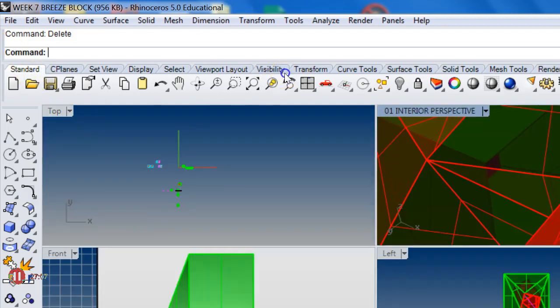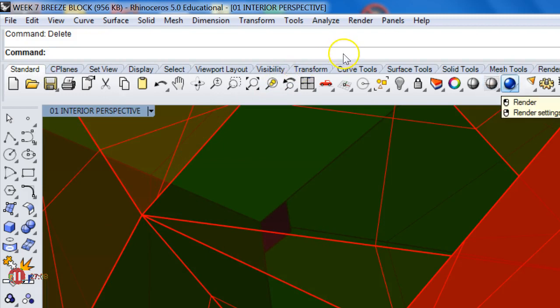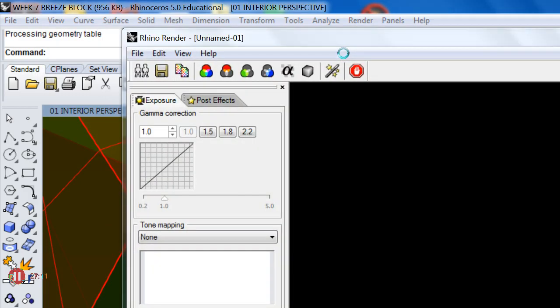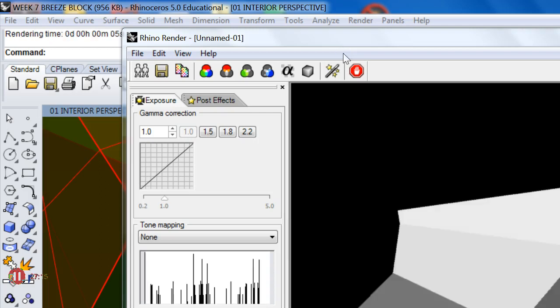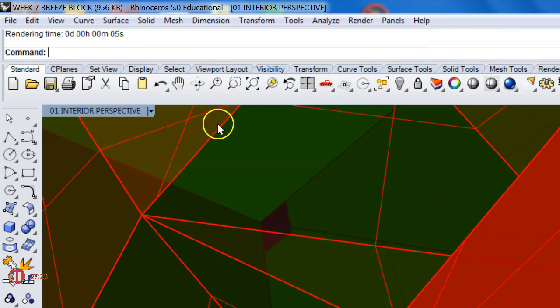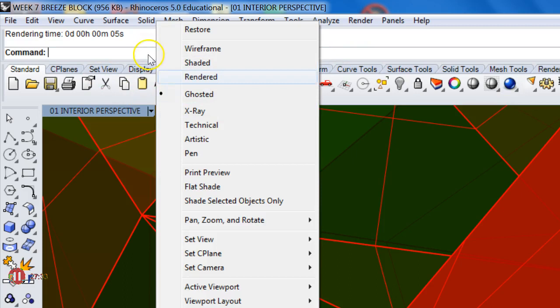But another option you could do is you may want to try playing around with this render. Click that ball. It should render wherever the camera view is. And you see this is pretty dark because we don't have any lights inside. So we can add some light. I'll get into this in a future class. You can also take screenshots. So if you were to do rendered,